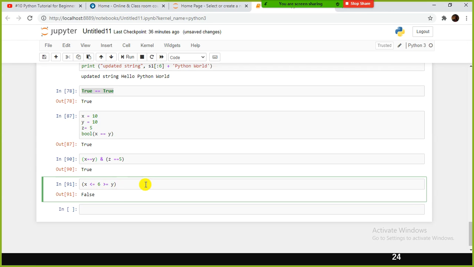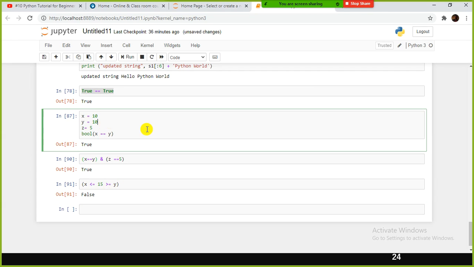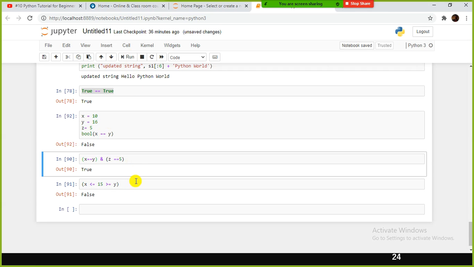So false. Let's say x is less than or equal to, x is 10. Let me give 15 here. X is less than 15, and this one is greater than or equal to 5. So let's say y is equivalent to 16. No, false.